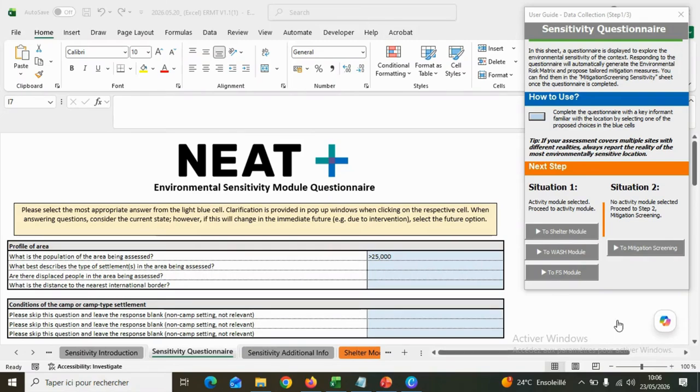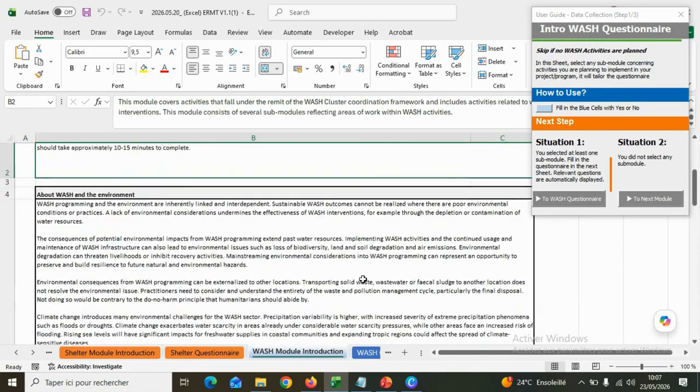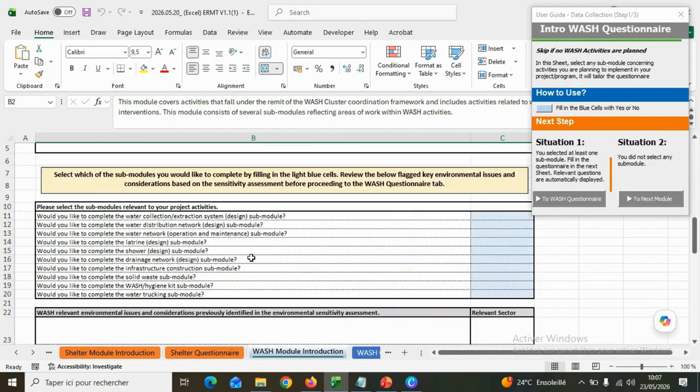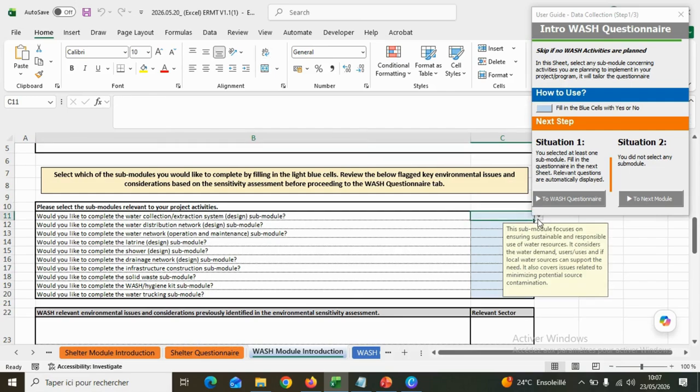Once you have completed the sensitivity module questionnaire using the key informant interview, you can go to the next step, which are the sectoral modules. These are not mandatory, it depends on the planned activity for your program. So if I'm planning to conduct WASH activity, I go to WASH module introduction, and I can choose among different sub-modules. So if, for instance, I'm planning to implement water collection extraction system for the design sub-module, then I will go to the light blue cell, click on the arrow,